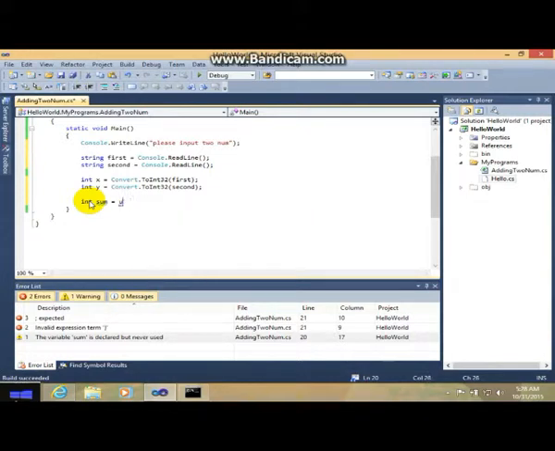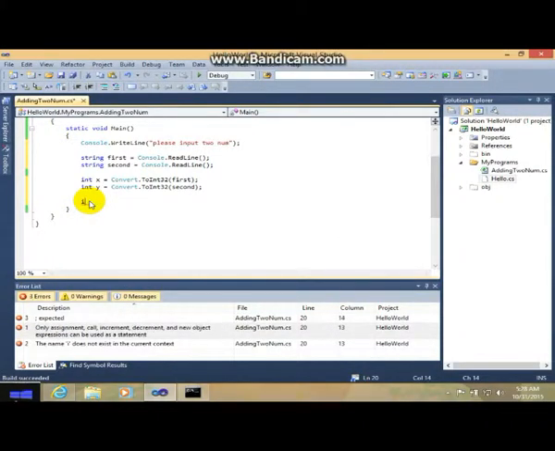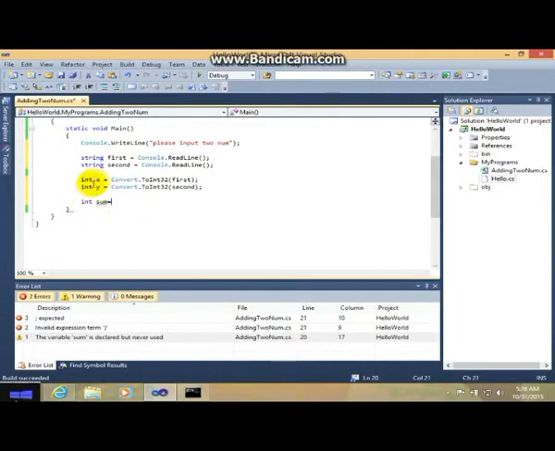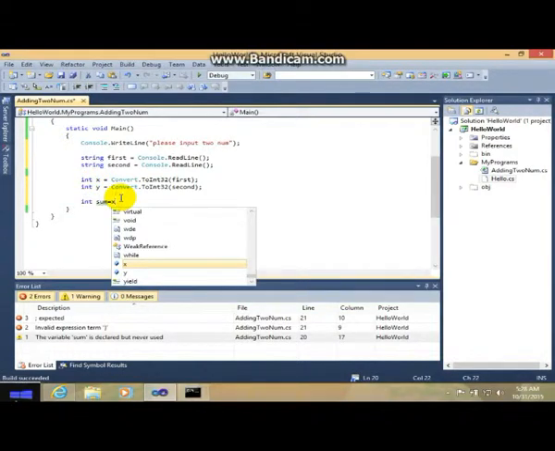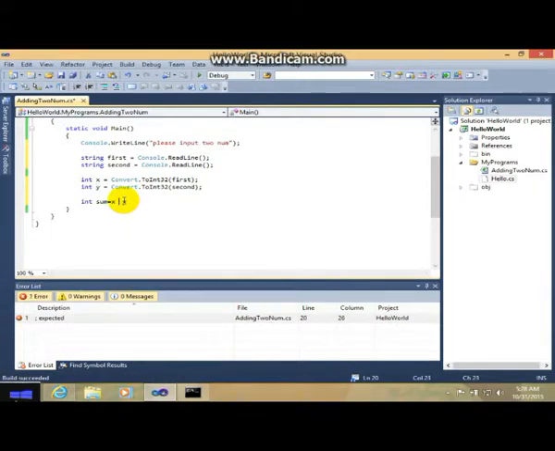Sum equals, we need to add this first, x plus y. Don't forget the semicolon. What this does is add the two numbers the user inputted.